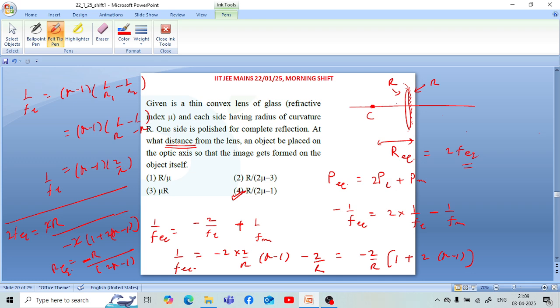अब इंपॉर्टेंट पॉइंट यहाँ पे ये है कि रे एक बार लेंस में लेफ्ट से राइट की तरफ मूव करते हुए अंदर जाती है, फिर उसके बाद इस मिरर से टकरा के वापस राइट से लेफ्ट की तरफ मूव करके फिर एयर मीडियम में बाहर आती है। तो इस तरह से यहाँ पे लेंस 2 बार एक्ट कर रहा है, तो इसलिए हमें यहाँ पे 2 टाइम्स पावर ऑफ लेंस लेना होगा, ये इंपॉर्टेंट कंसेप्ट है।